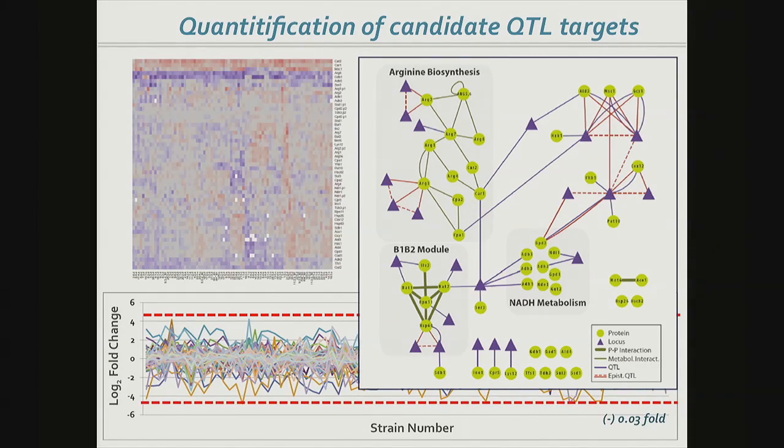generated this network out of this data. So what does this network show? This network shows that the yellow dots are proteins that were quantified by Paula in this study. So they were quantified across these strains. The loci that control the abundance of these proteins are shown as triangles, and the edges mean that there's a connection. So the way we read that is that this gene here, this locus, determines the abundance of this protein